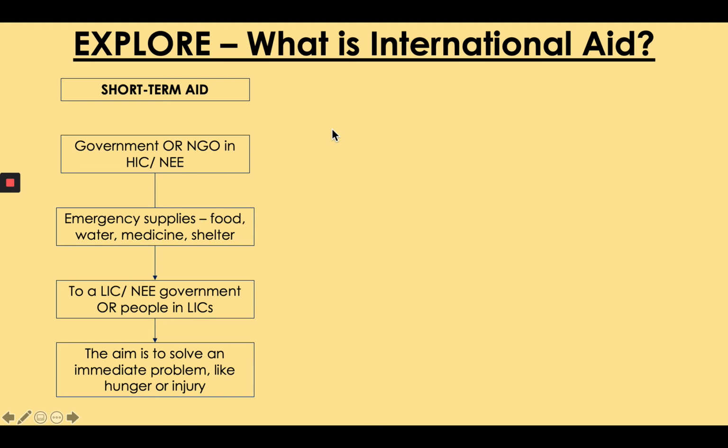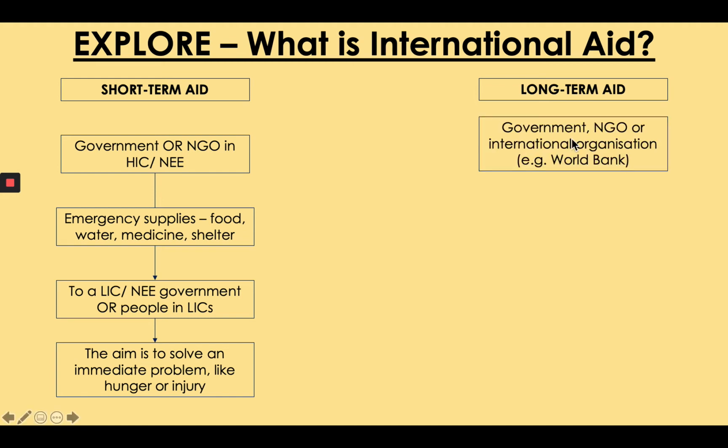By contrast, you have long-term aid. Now, long-term aid is a very different type of aid with a very different purpose. In this situation, a government or NGO or an international organization, for example, the World Bank. An international organization is one that is run by many different countries. So similar to short-term aid so far,